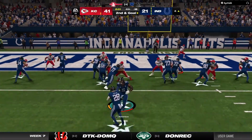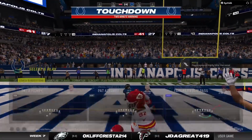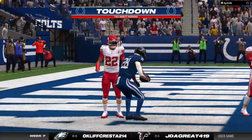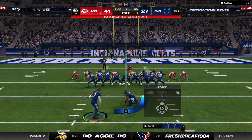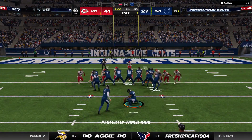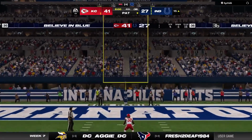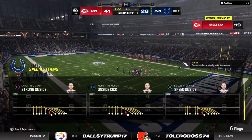Ready, ready. Here's Taylor again. And he takes it in for a Colts score. Jonathan Taylor taking it in from 4 yards out. And the Colts have got it back to a 2-score game here in the 4th. Extra point by Gay is up and good. And that cuts this lead down